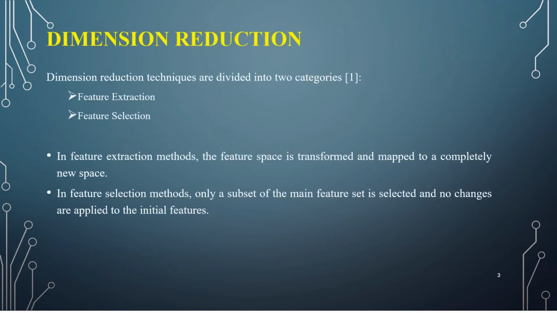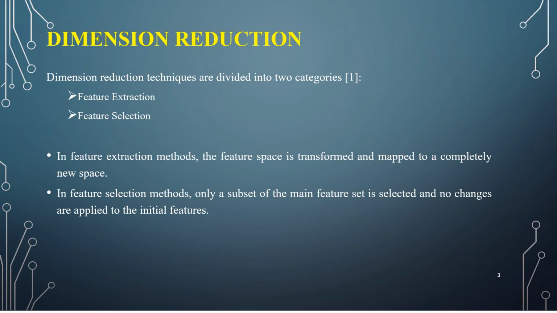Dimension reduction techniques are divided into two categories: feature extraction and feature selection. In both techniques, the number of features is reduced. However, the main difference between the two is in their reduced feature set. In feature extraction, the feature space is transformed and mapped to a completely new space. In contrast, in feature selection, we select only a subset of the main feature set, and no changes are applied